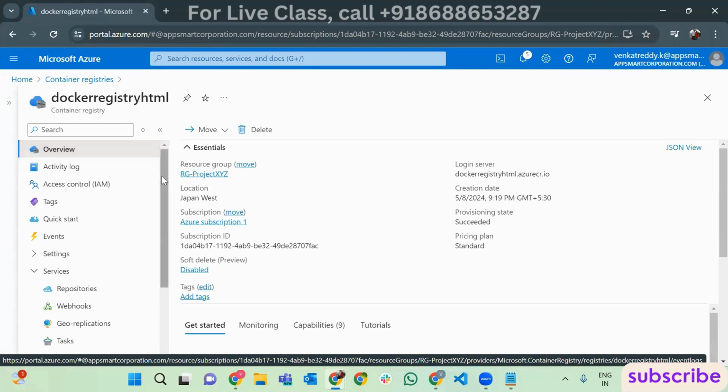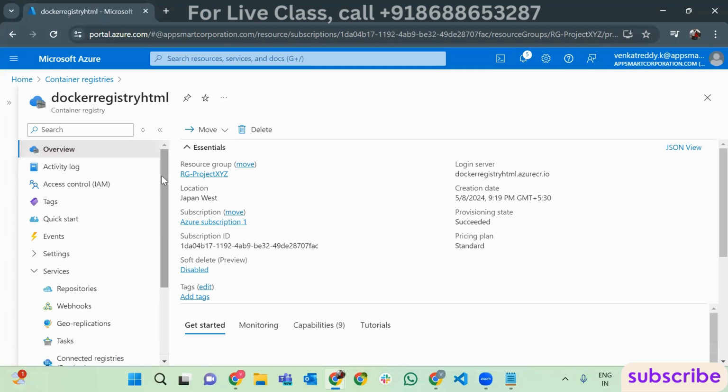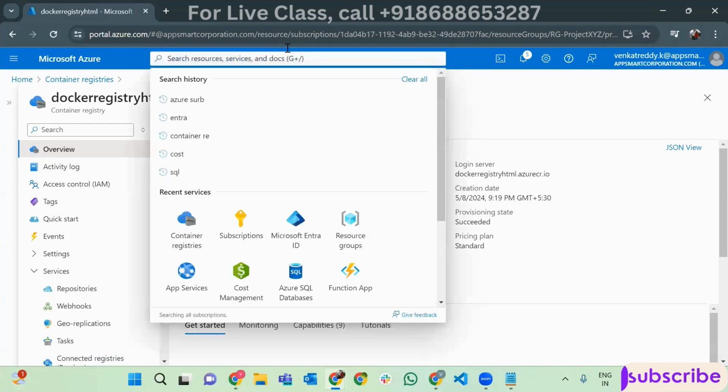Okay, guys. Now what you have done is you deployed a project to the container. Good. How will you access it? I deployed my application to my container, but you need to access it. You need to have an IP or URL, correct? Yes. But where is that URL or IP? For that, you need to look for